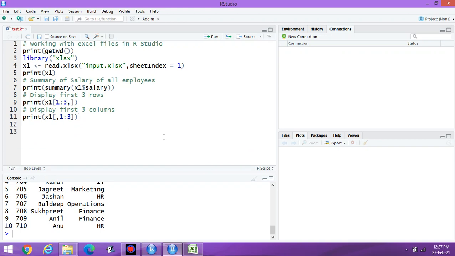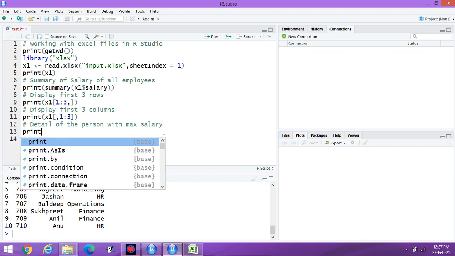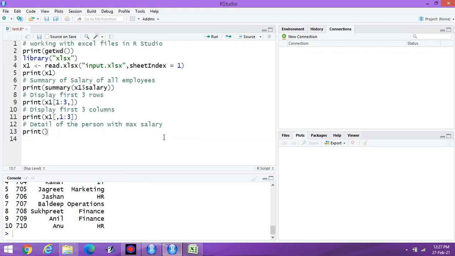Suppose I have to display the person with maximum salary, the detail of the person with maximum salary, similar to the CSV file. Then what to do? If you remember the code of CSV files, it's almost similar to that one.